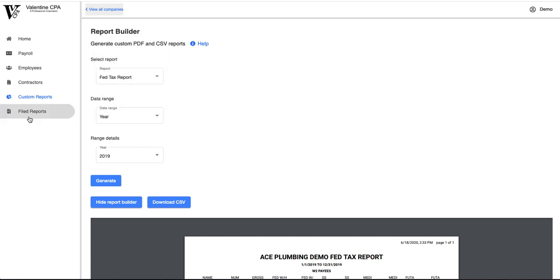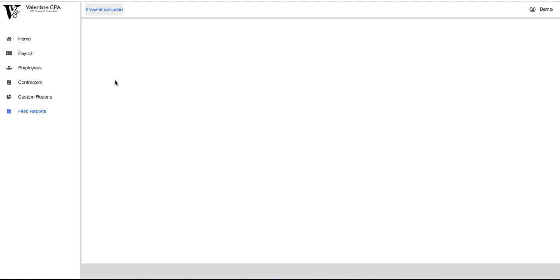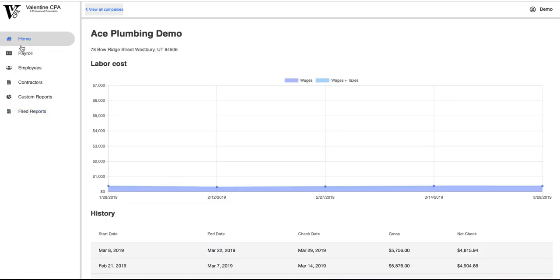And then the last tab here is filed reports. So here, because this is a demo company, we don't actually have any, but here there'll be folders. And inside each folder would have the different reports that are filed with the state and the Fed. So you'd have W-2s, 1099s, you'd have the 941s, 940s. That way you don't have to constantly contact us to get that information. It'll be in your web portal and you'll be able to have access to that at any time. So that's the main overview of the